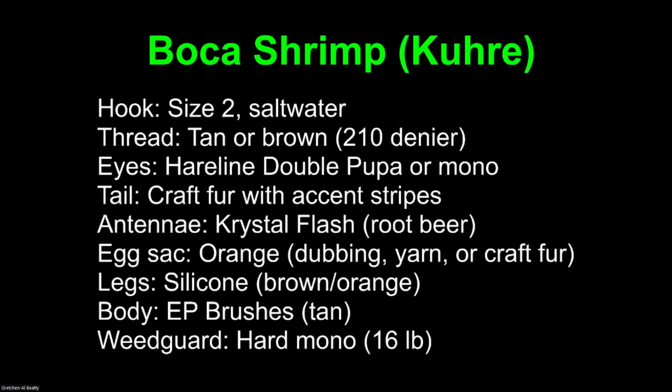Thread, 210 denier flat wax nylon. You can use a light tan if you're targeting the bonefish where the bottom's a lot lighter, or if you're in darker water, tannic water like I have around my home area, I'll go with a dark brown. The eyes,